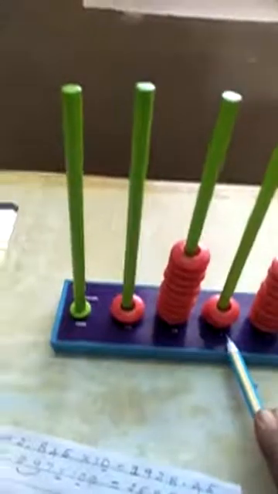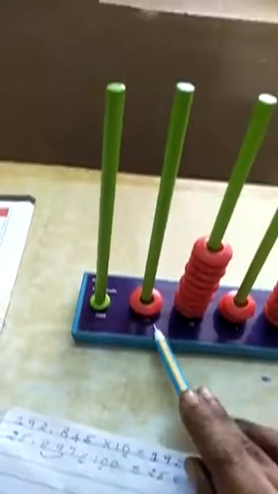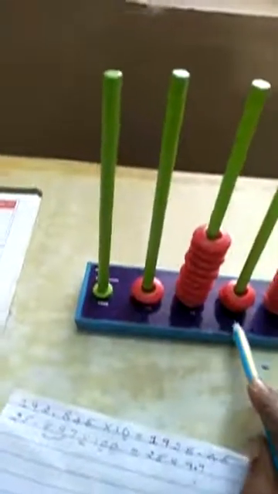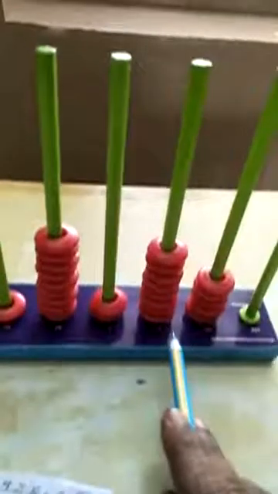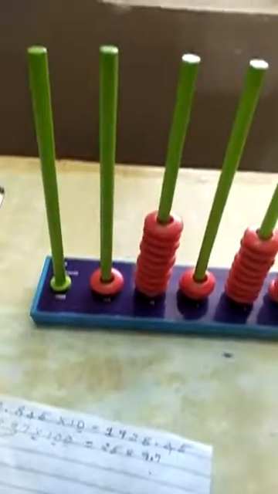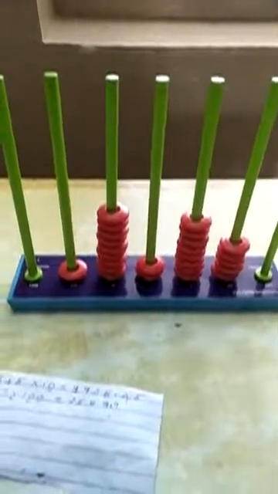This is different, children. Multiplication, you give move towards left. But division, towards right, you need to give move. Isn't it? According to the multiplication number 10, 100 or 1000.